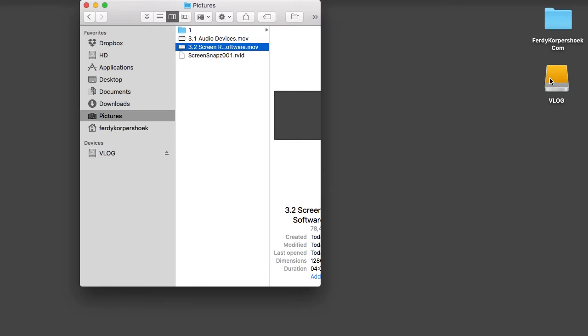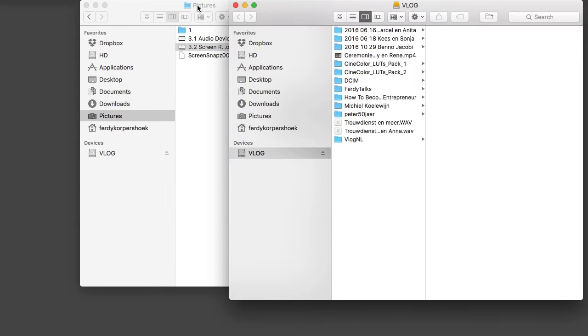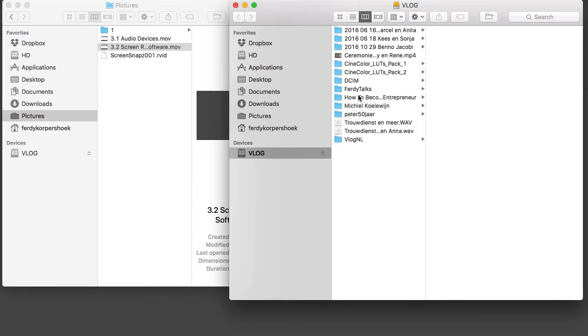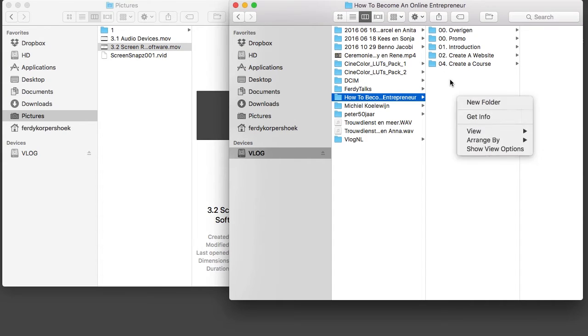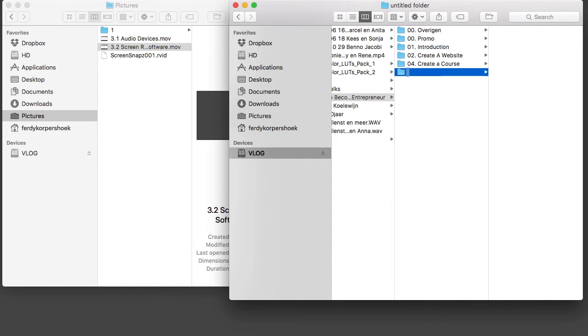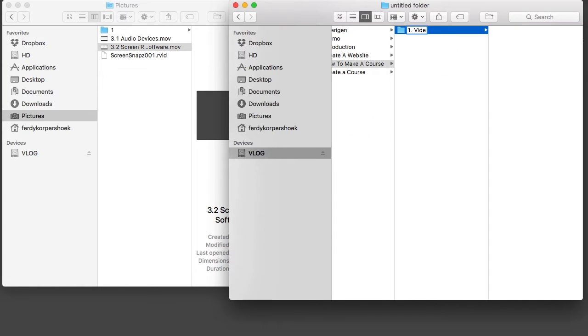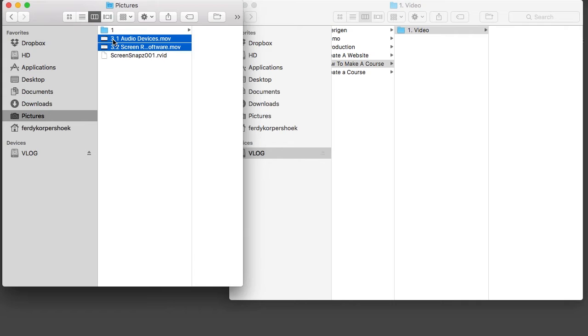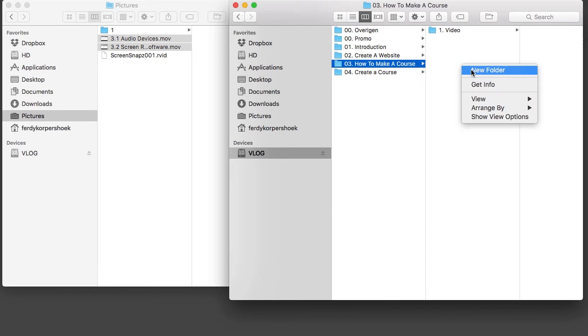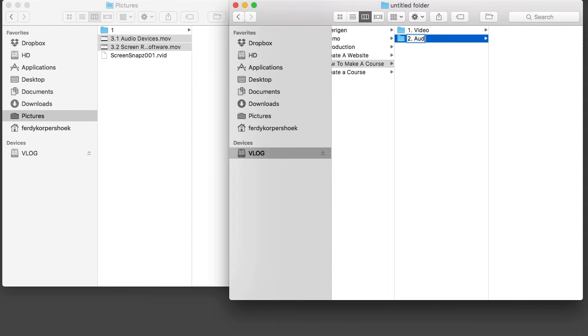Now I open the vlog external hard drive. I go to How to Become an Online Entrepreneur. I will create a new folder, and it's called 03, How to Make a Course. Then I make the first folder. Inside this folder it's called 1 Video. I grab those 2 and I drag them over here like that. Then I make a second folder, 2 Audio,